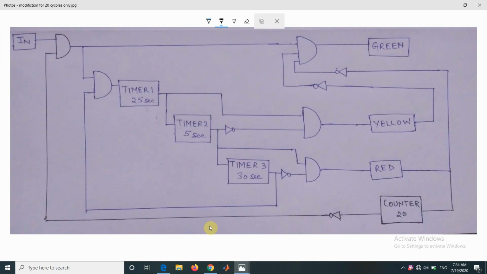Now, this is the modified circuit. It consists of, in addition to the basic circuit, an additional up counter, a NOT gate, and an AND gate. So initially when input is given to the system, all the timers and counters are in reset state and all the lights are off at t equal to 0 time. Now, when the counter is in reset state, its output is 0,